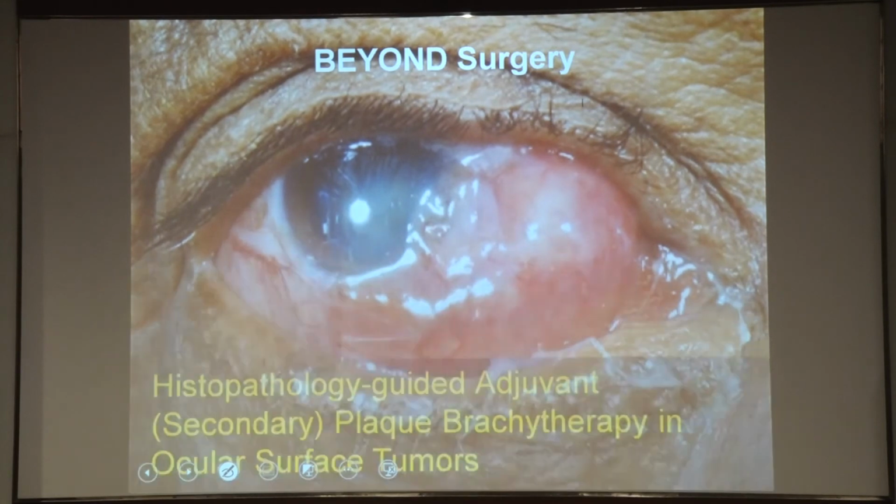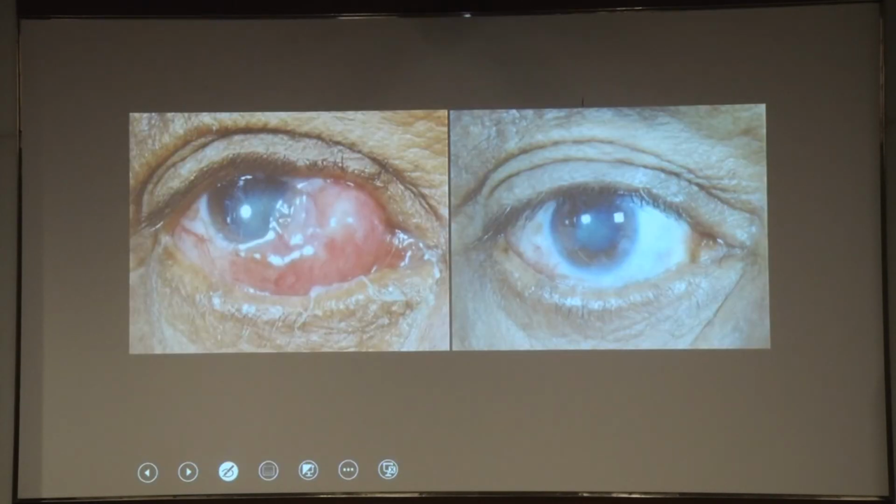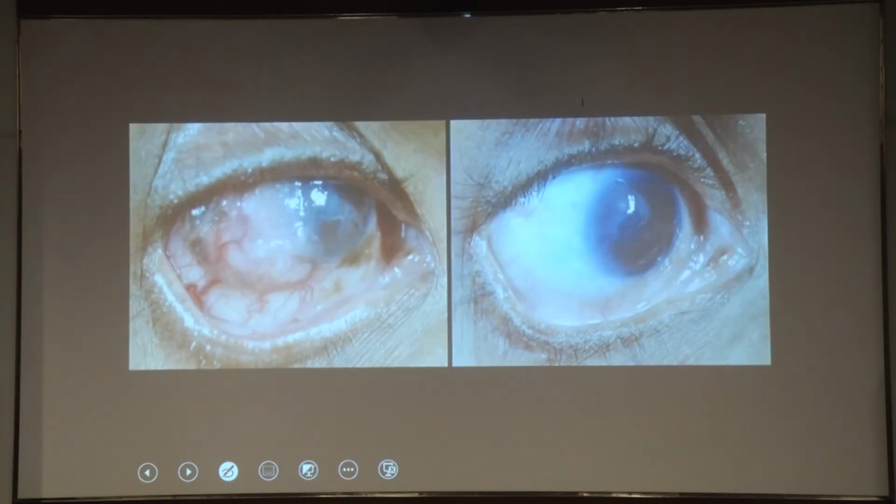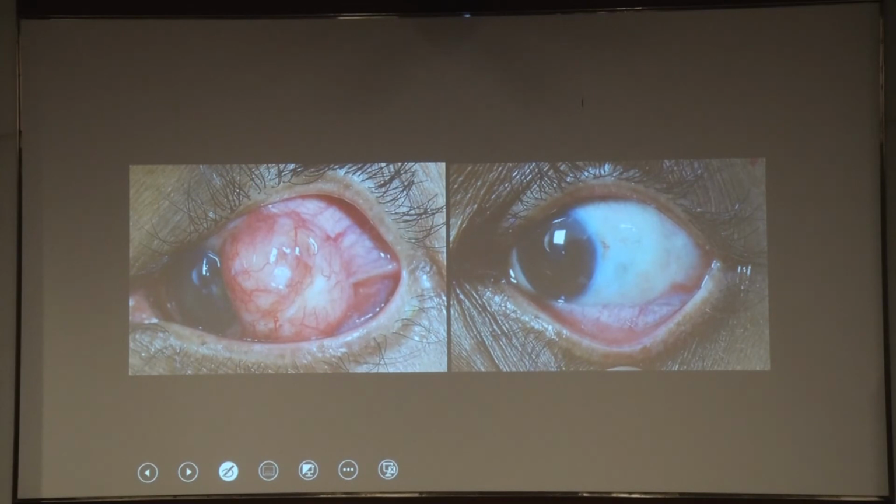Let's see what are the cases which are beyond surgery. Patients who have tumors which are affecting the corneal stroma or sclera cannot be managed by surgery alone. They need something beyond surgery, and that is plaque brachytherapy. So plaque can be done secondarily or primarily. Secondarily, when you excise this tumor, confirm it on histopathology that the base is involved, and then to that base